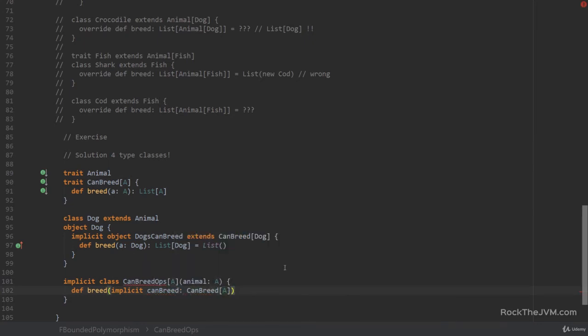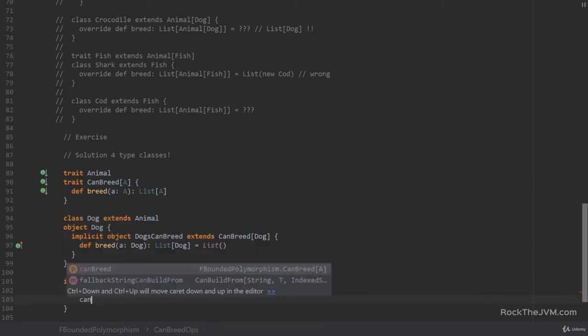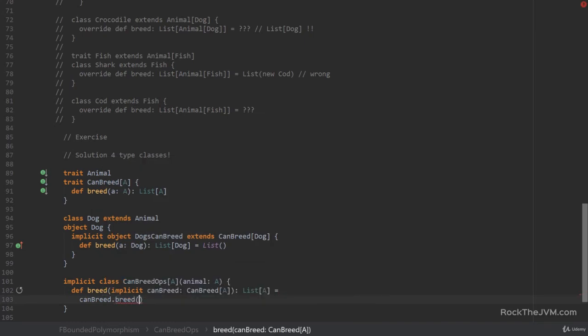And this will just return a list of A. And the implementation is going to be simply calling the breed method from this instance. So we say canBreed.breed with the animal that we pass here as a parameter.